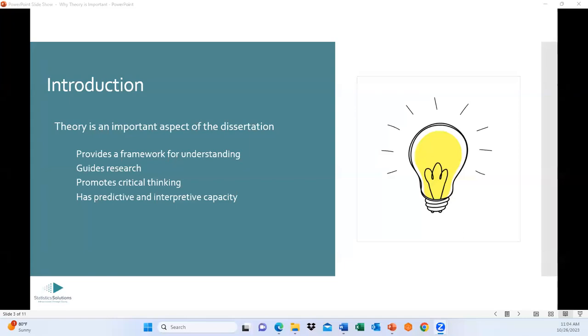Theories also help guide your research. Theories guide inquiry by providing a starting point for research questions and hypotheses. So, for example,